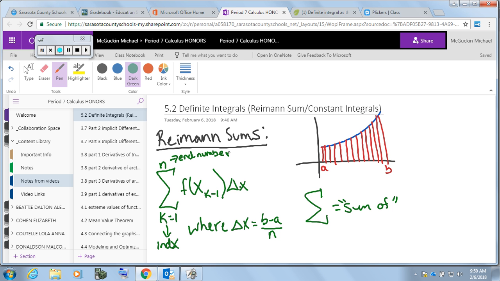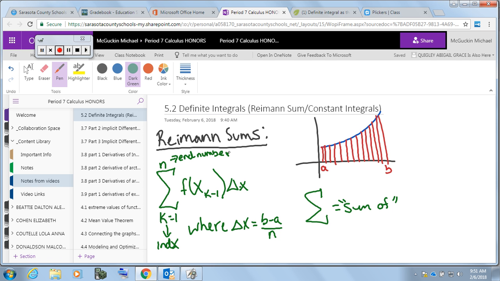Inside of this summation notation, you see a function, and it represents f of x sub k minus 1 times delta x. Now this specifically is our summation notation for the definite integral as a way to find the area under the curve. Now, we haven't gotten to an example of how to use this yet. Our goal is just to define and explain where this comes from. And so what basically ended up happening is